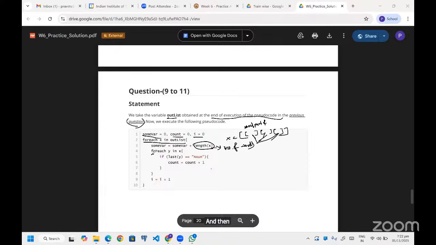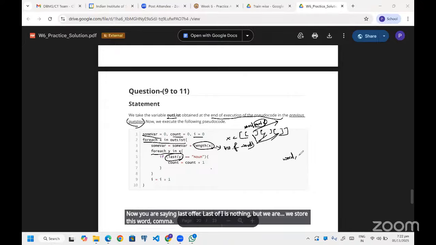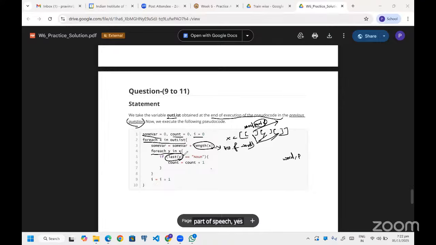And then you are again iterating for each y in x. So again you come to this inner list part. Now you are saying last of y. Last of y is nothing but, we store this word comma part of speech in a list, right? Yes. So the last of y will be nothing but the part of speech of the word. So if that part of speech of the word equals noun, you are incrementing the count.